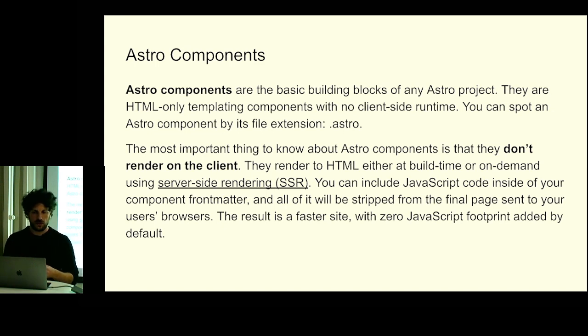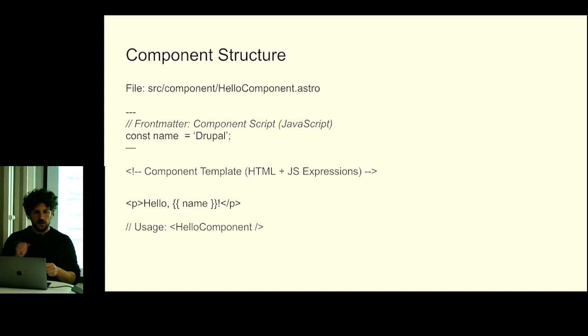And as I said, it does not include JavaScript by default. You can include it. We'll see how you're going to do it. And it has, for JavaScript, the front matter part on top of the file. So this is the component structure. So in our SRC folder, you have the component folder, and this is the hello component.astro, which is the default